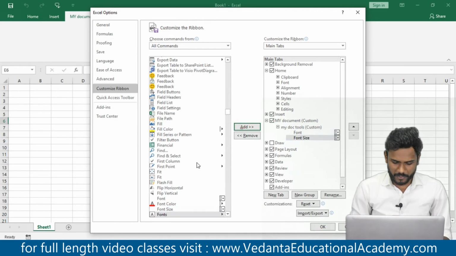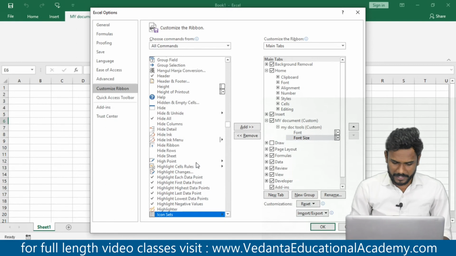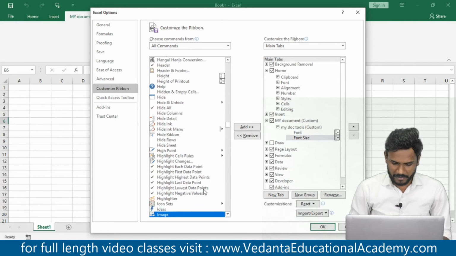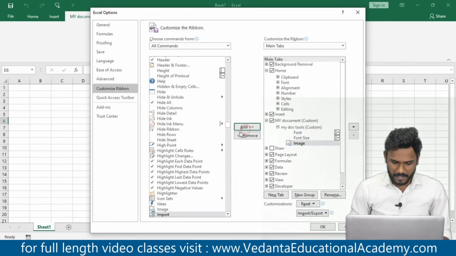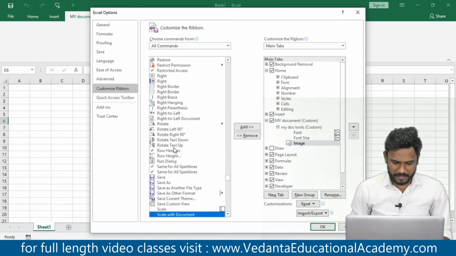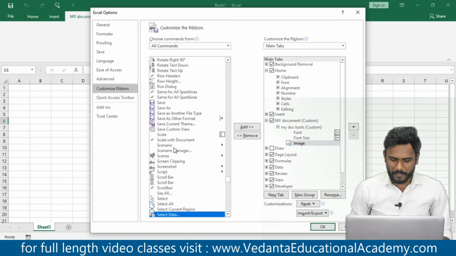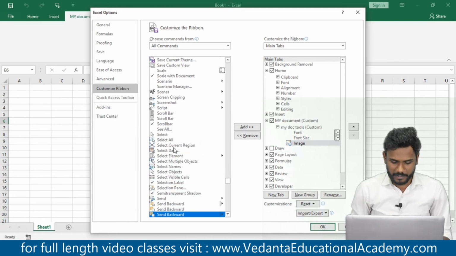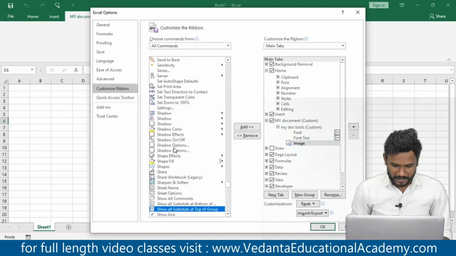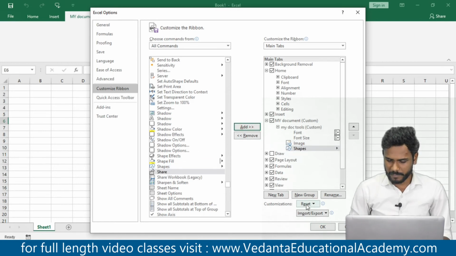Next I'm going to search for an image, so type I here and click on image and click on add. And one more thing I would like to add is shape, so type S and just come down, and whenever you see shapes simply select it and click on add,